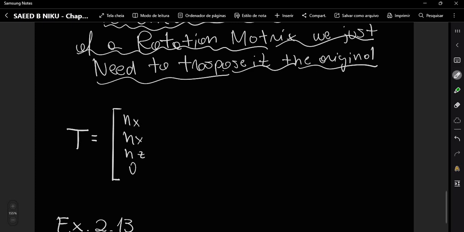And we already saw that it's easier to calculate the inverse and to do operations with a quadratic matrix. Then ox, oy, oz,